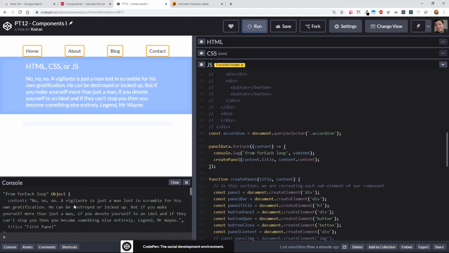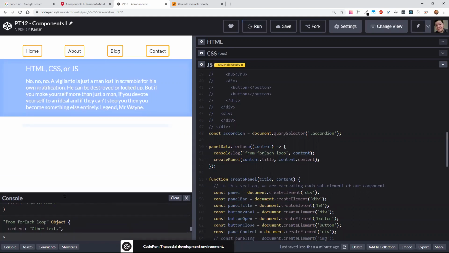Okay. So we're getting this text back still, but we're not actually getting anything on the screen. Does anyone know why we're not getting stuff on the screen? We've made the stuff, right? It exists. We know that it exists. We need to put it somewhere, exactly. Tender, you took the words right out of my mouth. We have to append it to the DOM. So we're going to take our accordion that we initially grabbed, and we're going to append child and just wrap this whole thing. And now